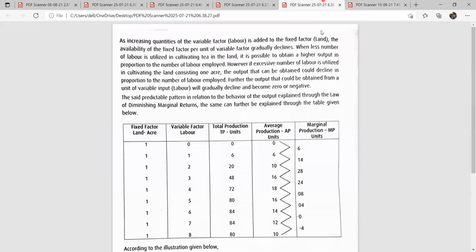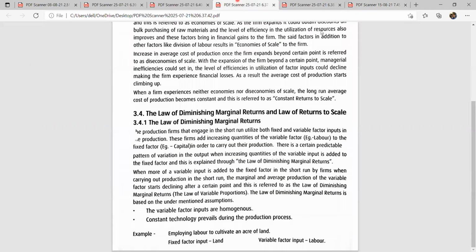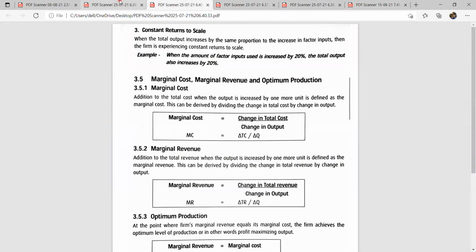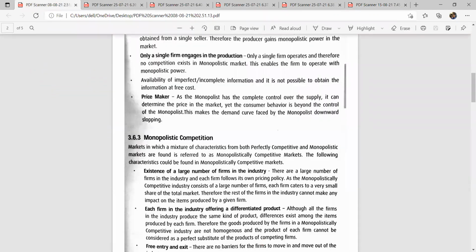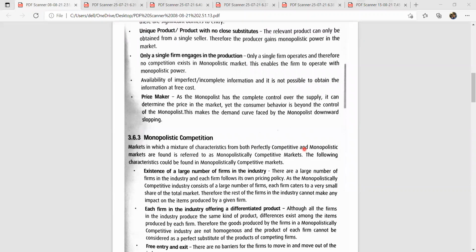It actually concentrates on a particular pattern, the way of behaving of average cost, average production, and the marginal production. So then, this is the diagram. If we illustrate,